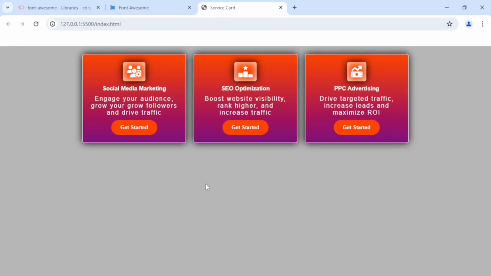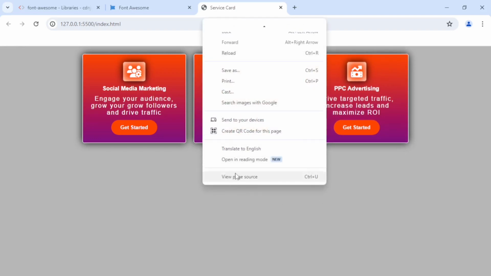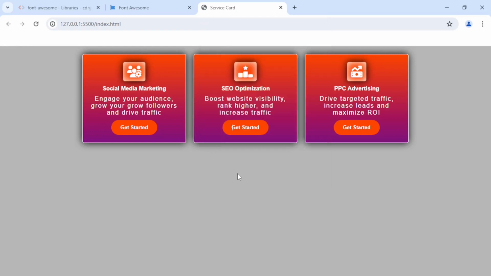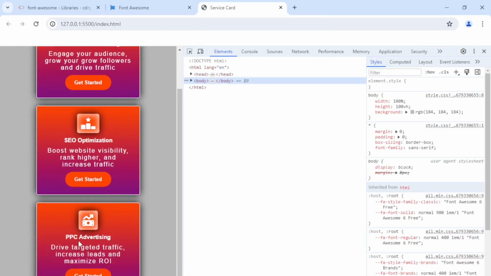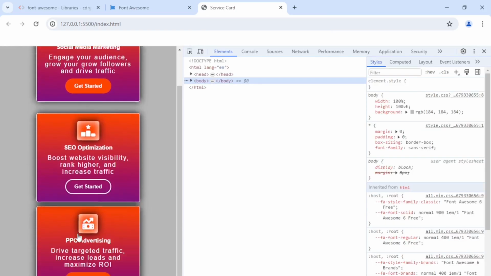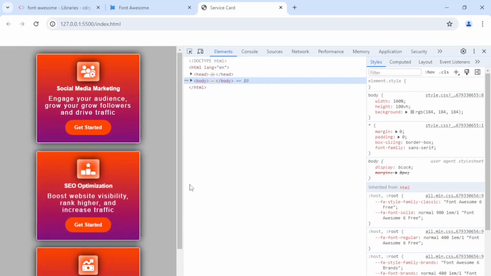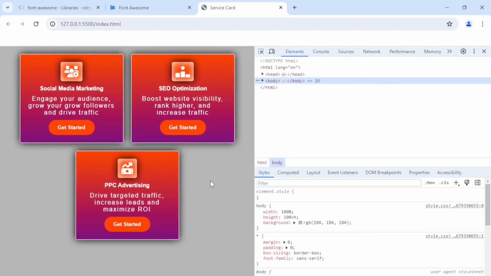Now let's see the responsiveness. I'm going to right click and click on inspect. This is how the card is going to look like on mobile devices. This is how it's going to look like on tablet devices,